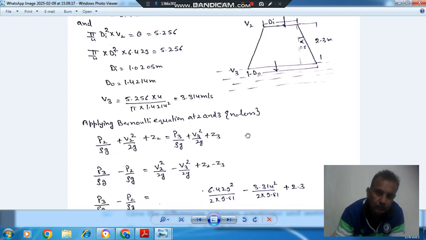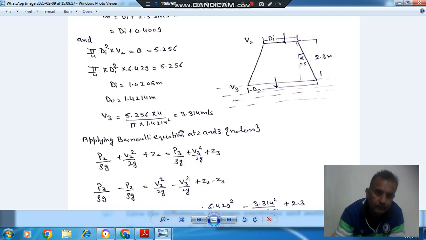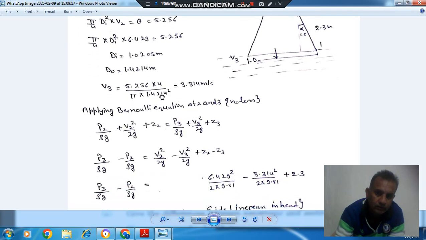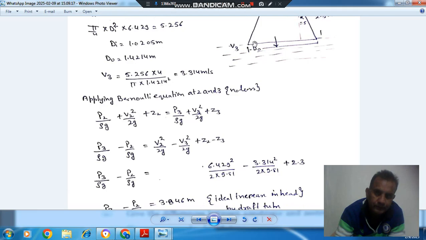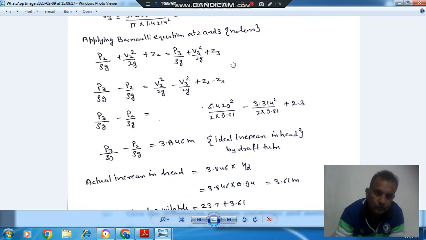So P3 by rho g minus P2 by rho g will be V2 square by 2g minus V3 square by 2g plus Z2 minus Z3, where V2 is 6.469 that we have calculated, and V3 we have also calculated. Putting Z3 as 0 and Z2 as 2.3,